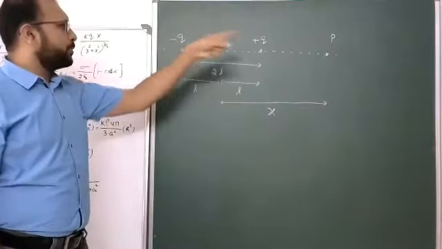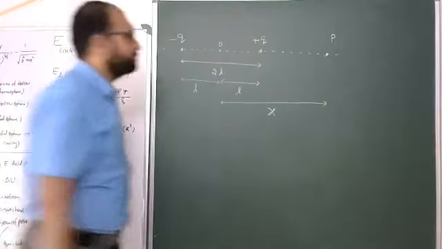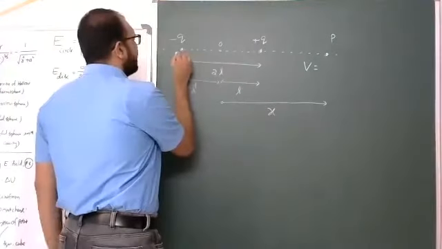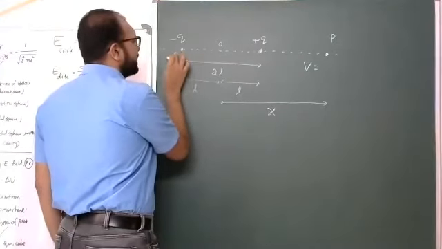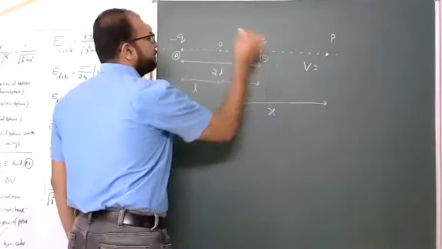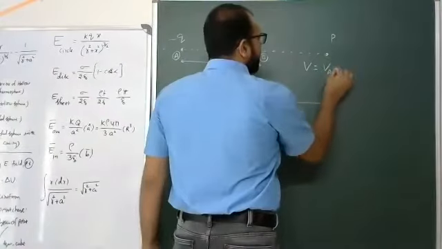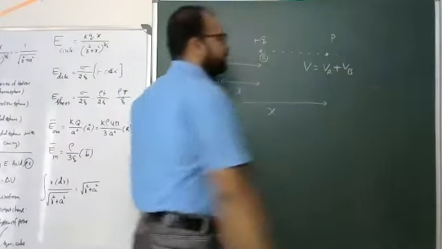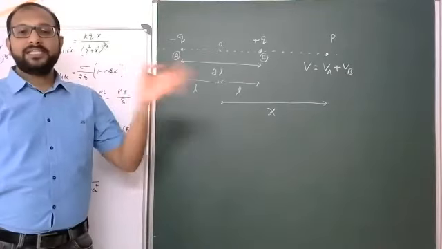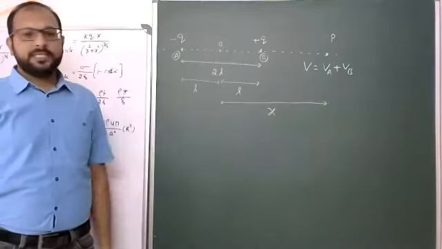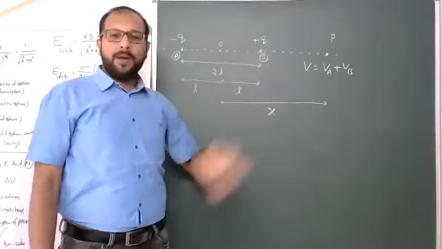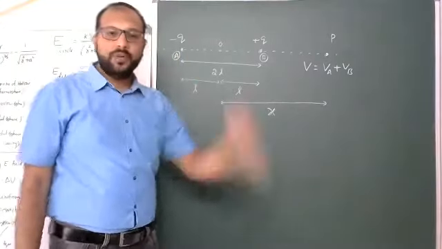Yes, now here, we already discussed how many potentials there are. Due to minus q, one potential, due to plus q, one potential. So therefore, net potential equals, suppose this is point A and this is point B. Net potential is VA plus VB, where VA means potential due to the charge present at location A, and VB means potential due to the charge present at point B. So two potentials we need to take.